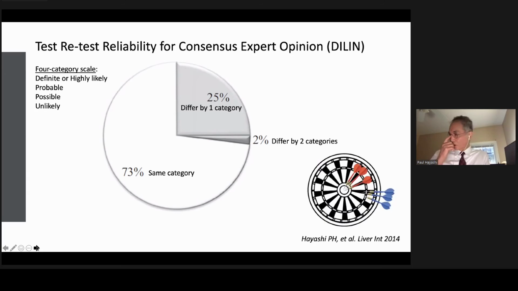Now, of course, you understand the difference between reliability and validity. What this study shows you is we are always hitting the same area. Now, whether we are actually on target, these are true DILI cases, that's, of course, debatable. We think we are. But again, we don't have a great gold standard until we have a biomarker or something else that covers all these cases. Then this is what we can report for the DILI.